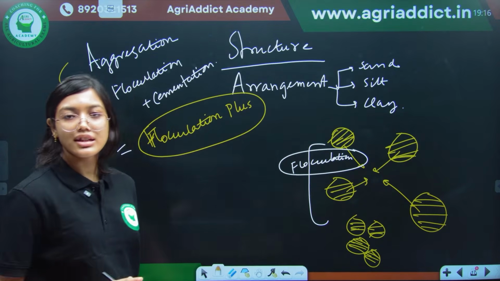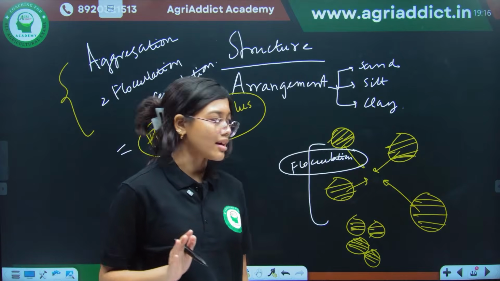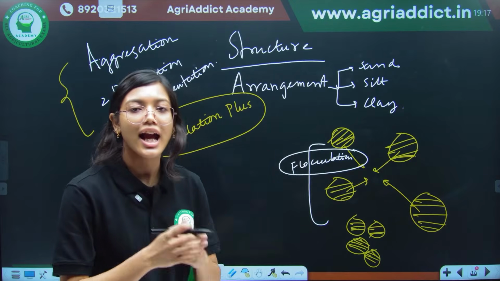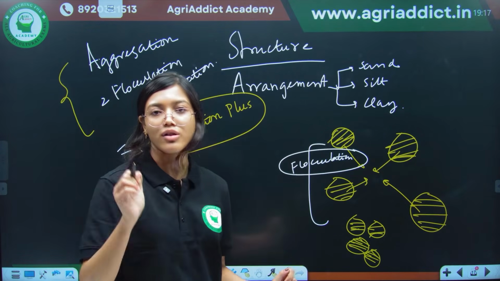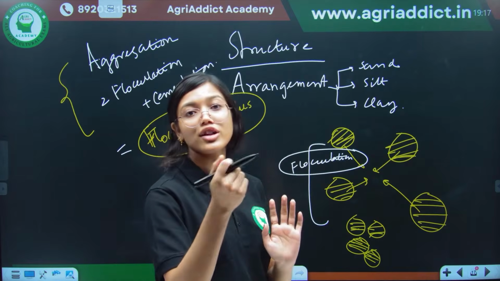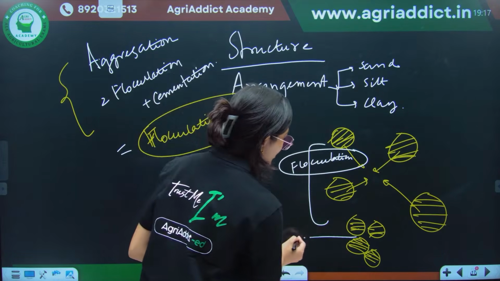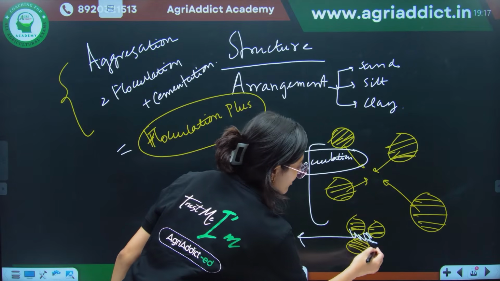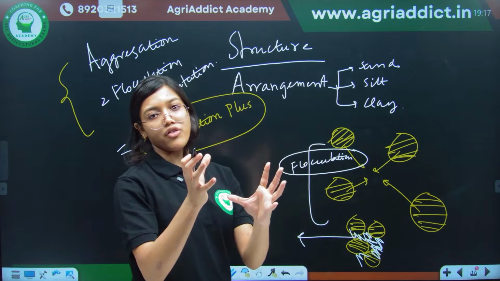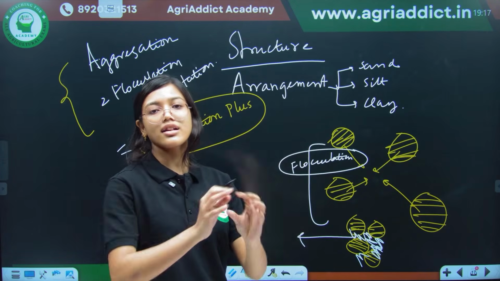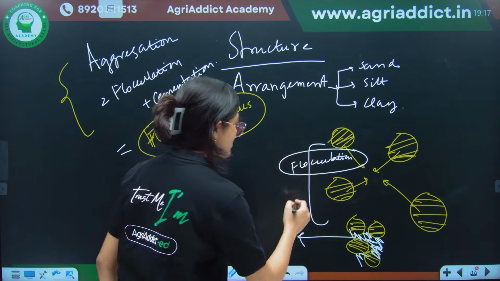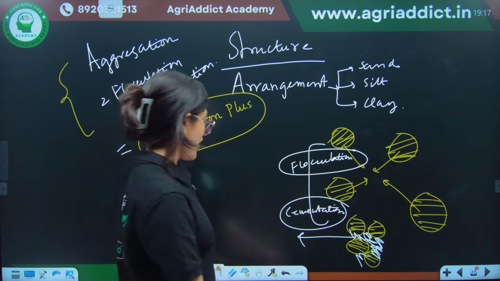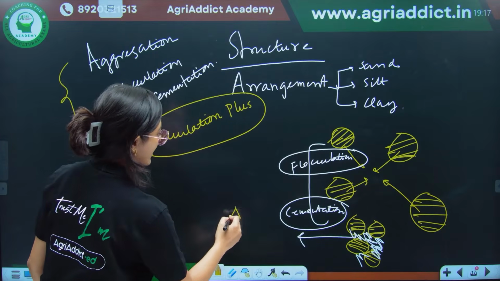You can imagine it in this way: you are building a friendship with someone. Previously you did not know each other, but slowly you are getting to know each other and coming closer day by day. That is called flocculation. Now after coming closer, you are going to form a bond. That formation of a bond is very important. Whenever the flocculated particles get cemented together, a bond is formed between them so that they do not get separated. This process is called cementation. And now you are a pair. That is what is called your aggregation.